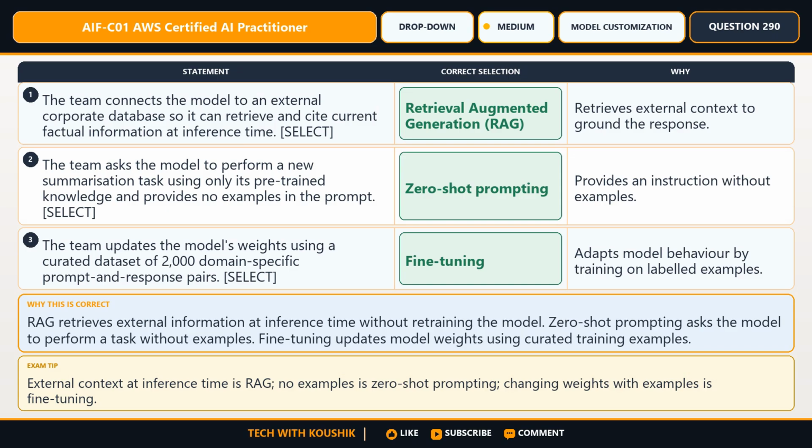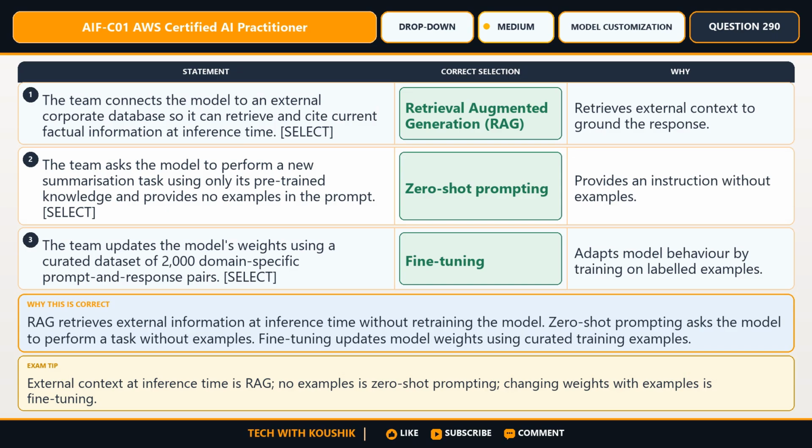Select zero-shot prompting. It provides an instruction without examples. 3. The team updates the model's weights using a curated dataset of 2000 domain-specific prompt and response pairs. Select fine-tuning. It adapts model behavior by training on labeled examples.